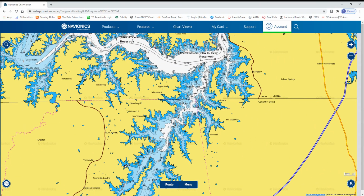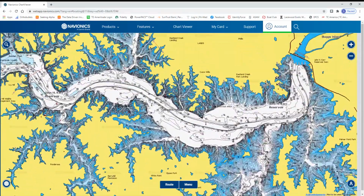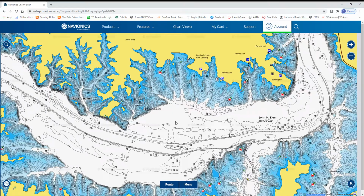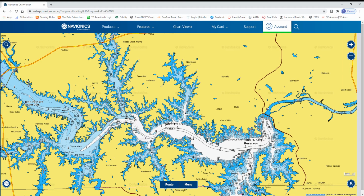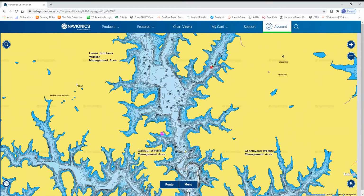So you're looking for areas that are going to have high populations of fish. You're looking for high populations to maximize your fish catching. You don't want to be fishing in areas where there aren't any fish. But again, that's just a simple way I go about breaking down a lake. I don't want to overcomplicate it. Eliminate the water you don't want to fish, where there's not going to be a high population of fish. Focus on the area that has a population of fish, and then just go to the next step of finding